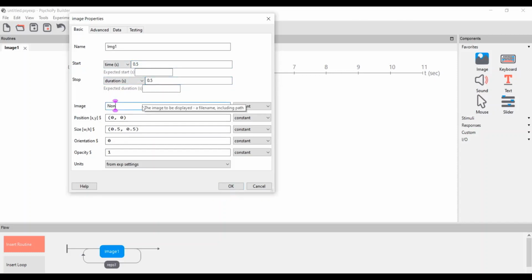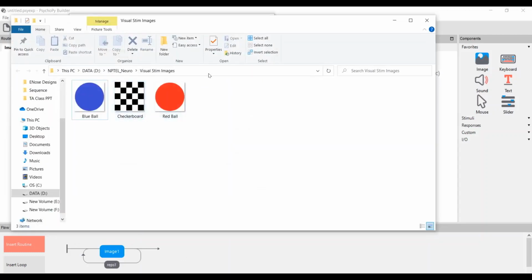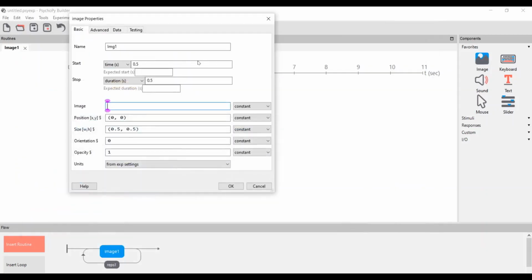Now, for which image you want to use, you have to define the path to your image here. These images are stored here, so I just have to copy and paste the path and the image name in order to get this particular image as a stimulus.